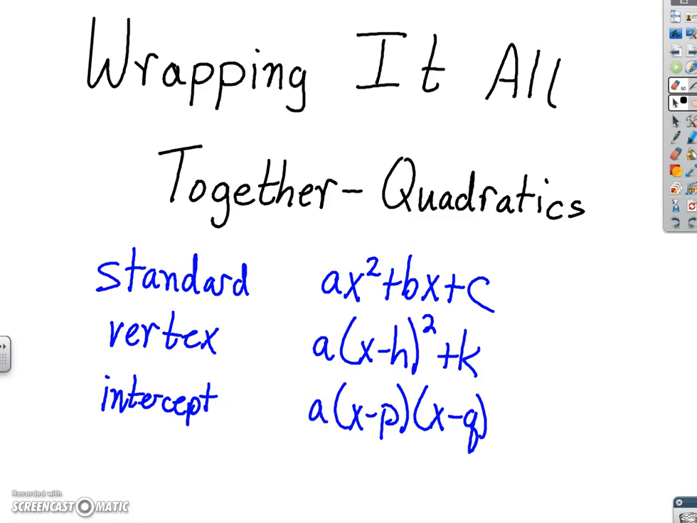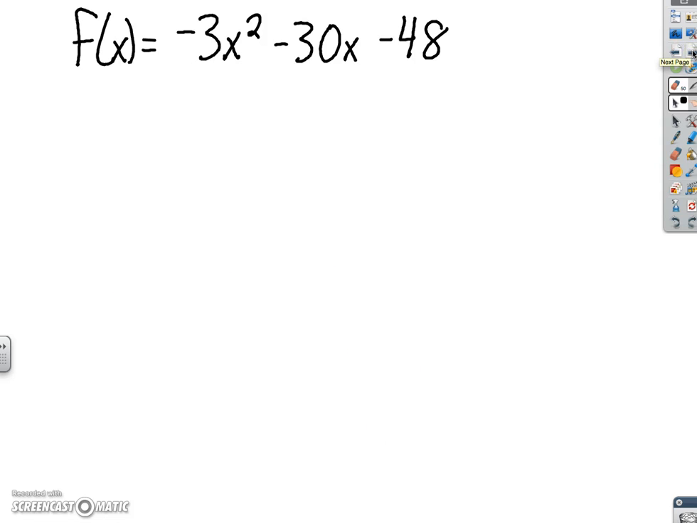Well, today we're going to look at wrapping it all together with quadratics. So we're going to tie everything we've done together. We're going to look at standard form, ax squared plus bx plus c. We're going to look at vertex form, a times the quantity x minus h squared plus k. And finally, intercept or factored form, where we've got a times the quantity x minus p times the quantity x minus q. So let's start with the function f of x equals negative 3x squared minus